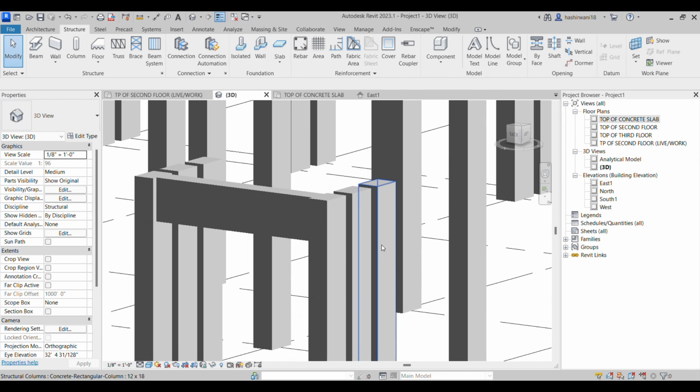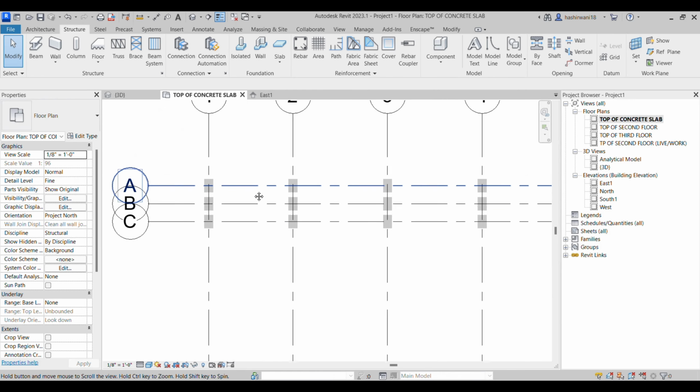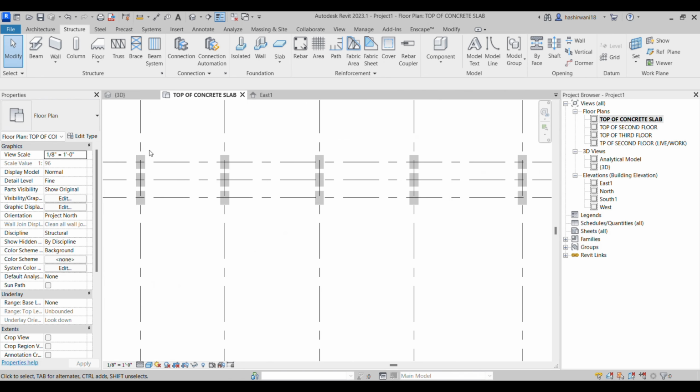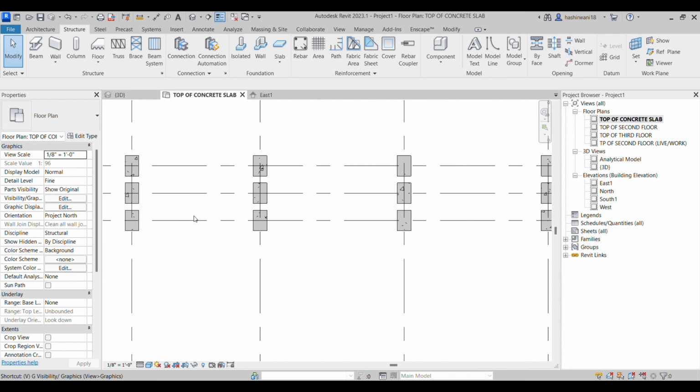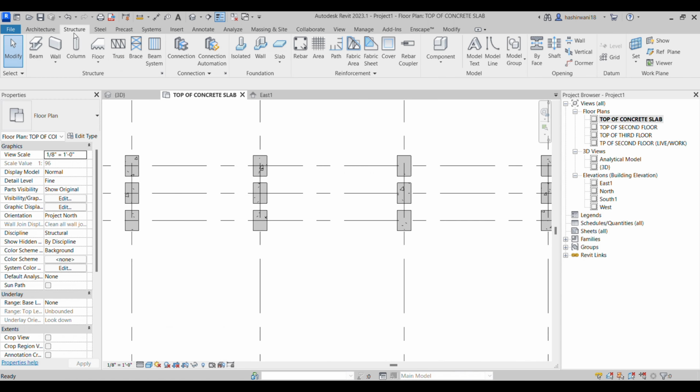Now what I want sometimes is, I'll close this one, and I want to place all the beams on all the things. I'm not able to see this beam. Why? Because maybe our visibility settings have been turned off. Can we see? So one thing that we need to learn is in this structure you can see beam here,